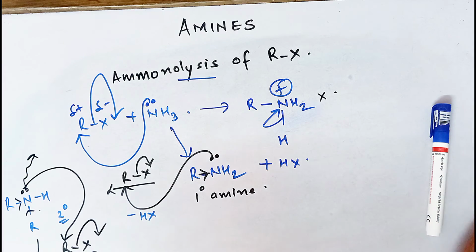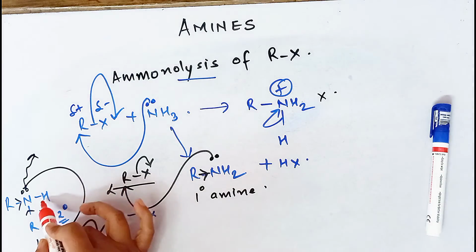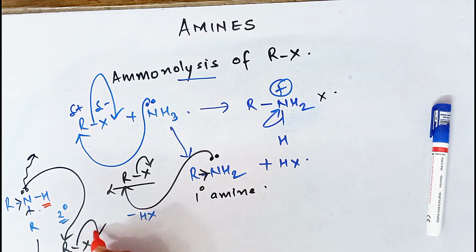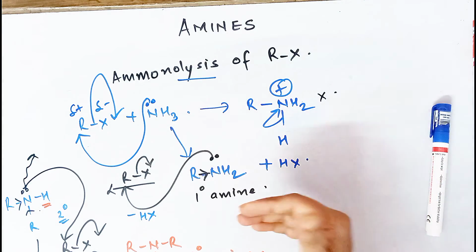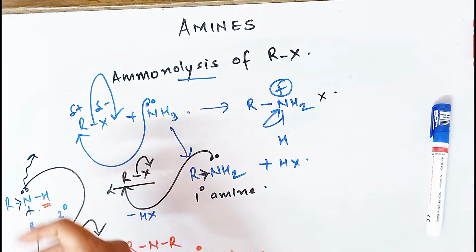Alright, what product are we going to get here? We are going to remove H plus from here. We are going to remove X minus from there, and we get minus HX. So my new answer is going to be RNRR, that means 3 times. So that's your tertiary amine. So children, you can see here this is a very interesting and a very good method to prepare for your exams. Like all the amines can be prepared from this, primary amine, secondary amine, and then we can have tertiary amine.